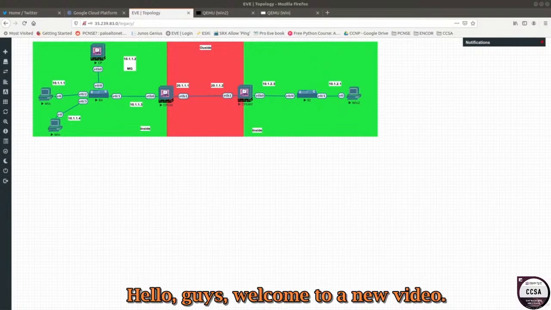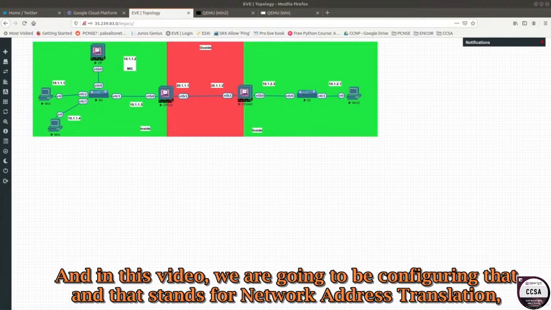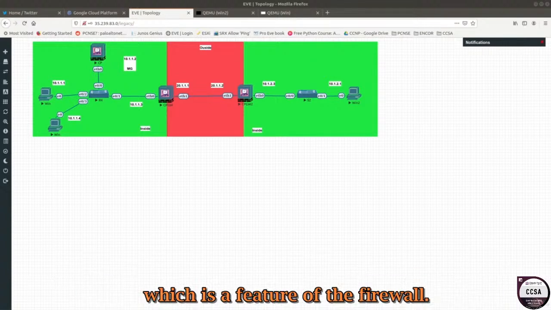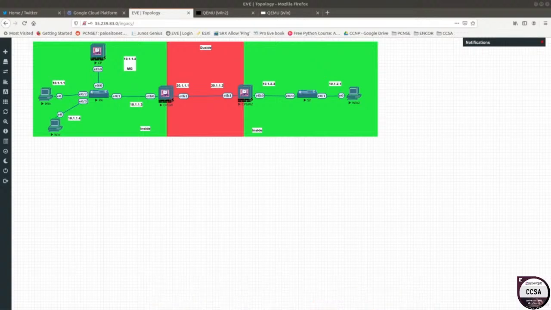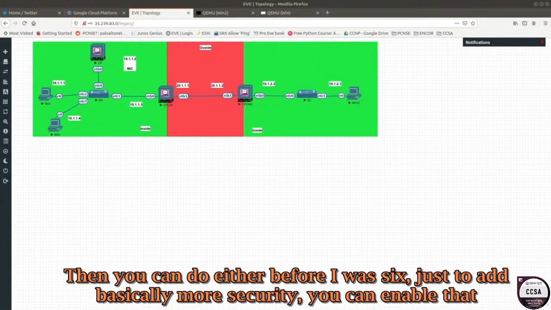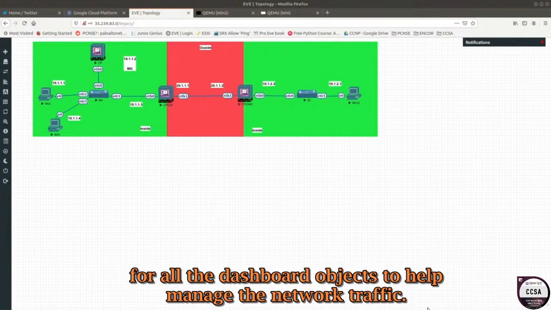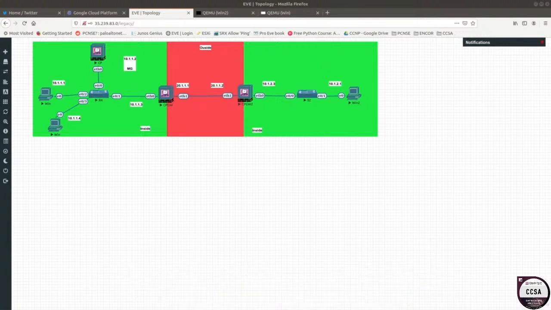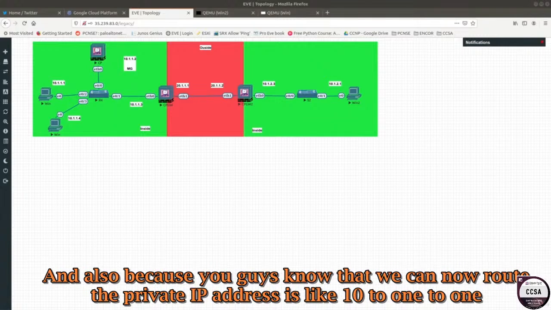Hello guys, welcome to a new video, and in this video we are going to be configuring NAT, and NAT stands for Network Address Translation, which is a feature of the firewall that you can do either with IPv4 or IPv6 just to add basically more security. You can enable NAT for all the dashboard objects to help manage the network traffic, and also because you guys